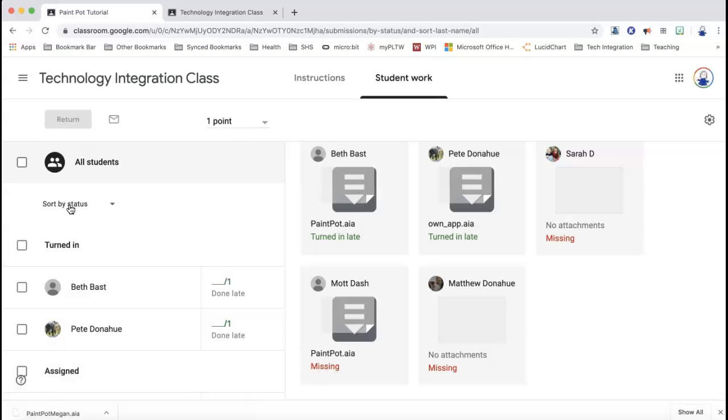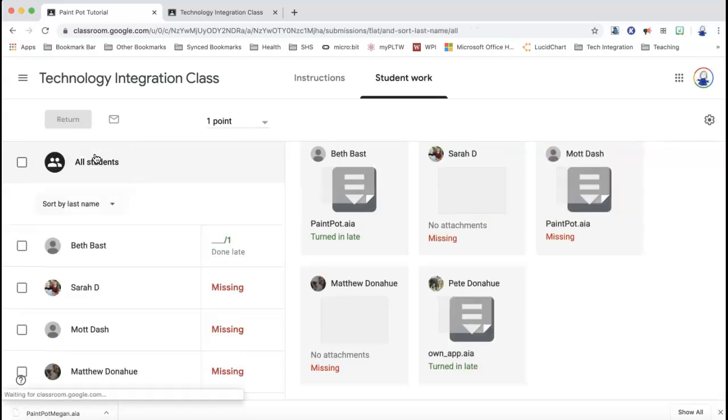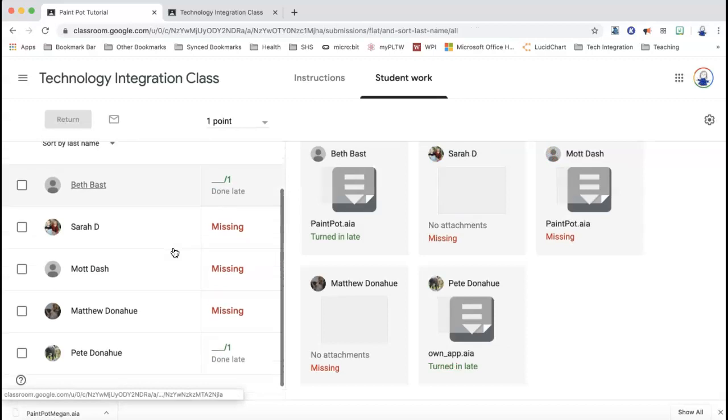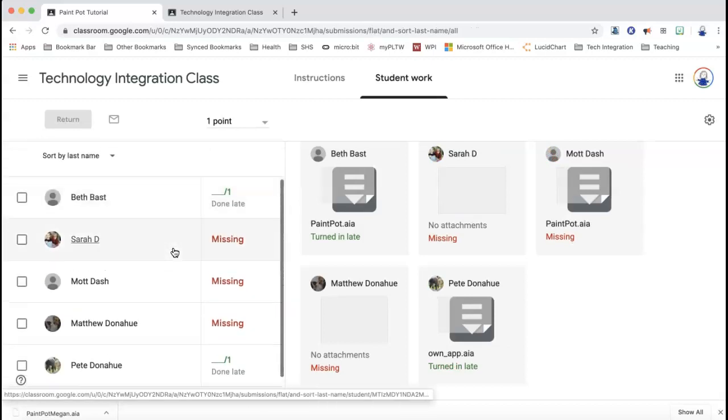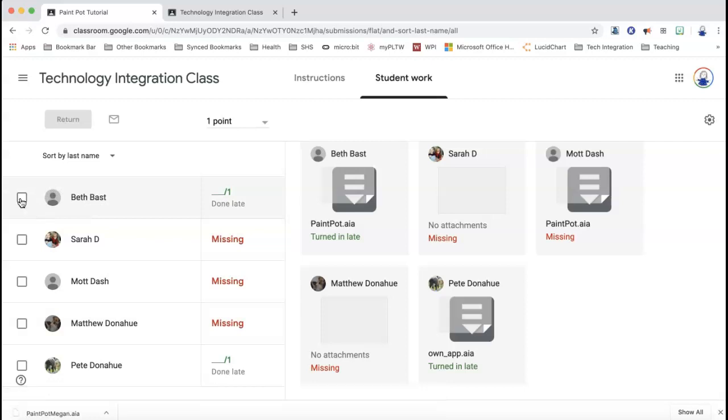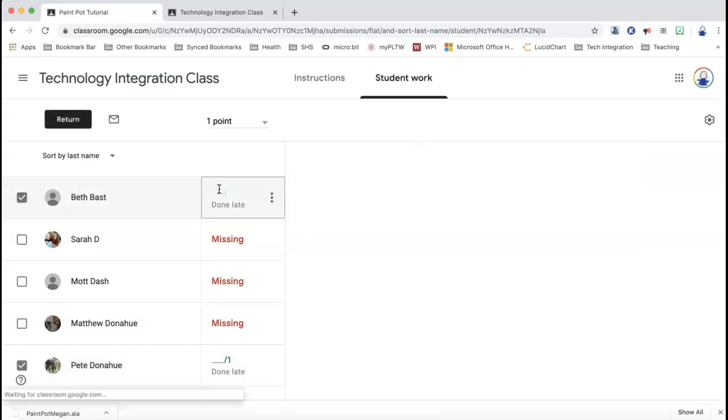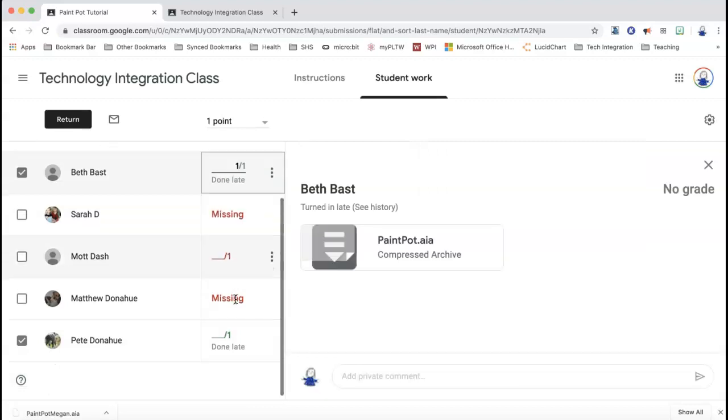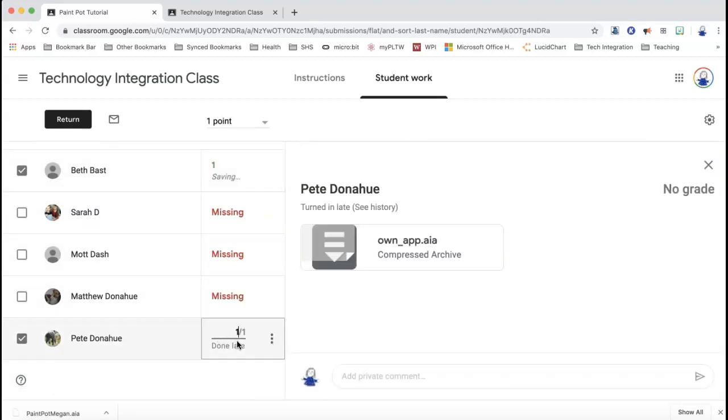So right now it's sorting by status, and I can change that sort to go by last name. That way I see all of my students all in a row. And then I could decide to send messages to them or return their work to them. So for example, this student and this student turned them in. I've already checked them and I know they did a great job with it, so they're going to get the full points for it. I could type a private comment to them if I wanted right there,